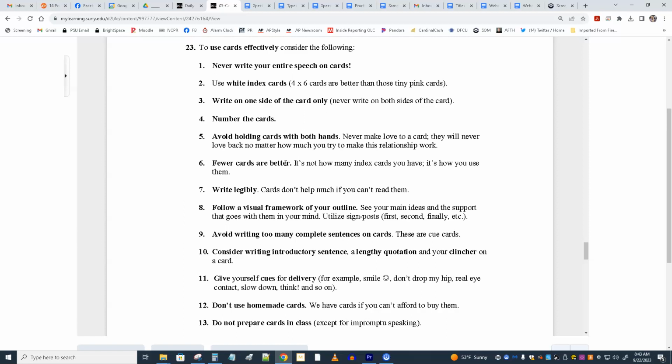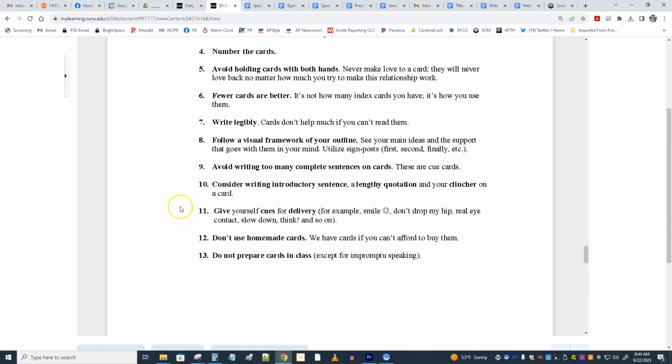Your introduction will require, I would say, no more than one card, and probably less than one card. Each of your main ideas might require a card. Your conclusion might require a card. Fewer cards are better. You don't hold them with both hands. Of course, you have to switch cards, but then you keep the cards in one hand so your hands can do their job. Your cards should follow the structure I gave you in the handout originally about this presentation.